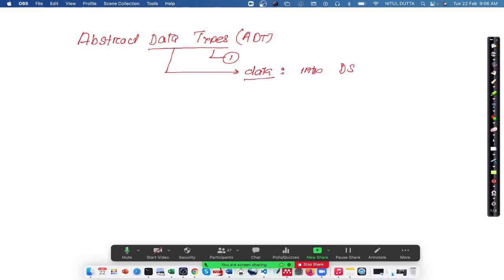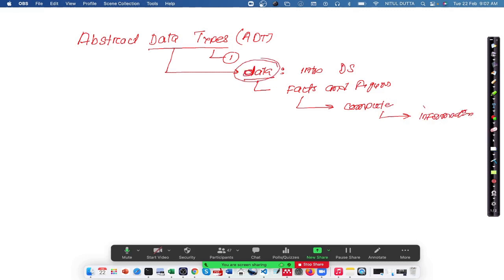have found that data is nothing but facts and figures, raw facts and figures, which is processed by a computer or computing system, and then it produces information. This is the basic understanding of data. Our main goal is to process the data. Without data, there is no point writing programs. It is the concern of the programmer